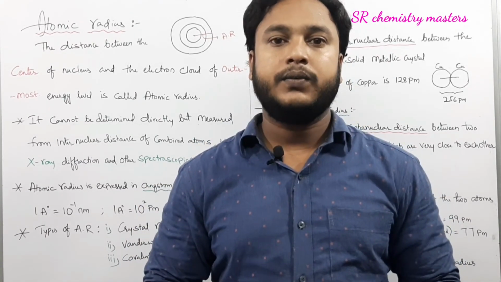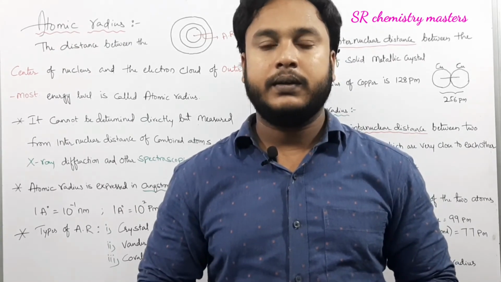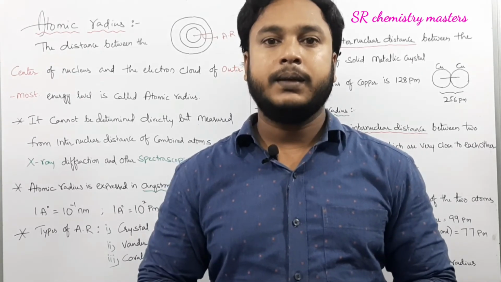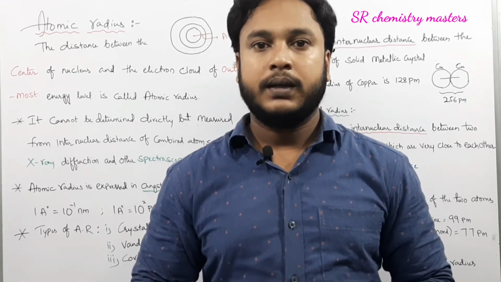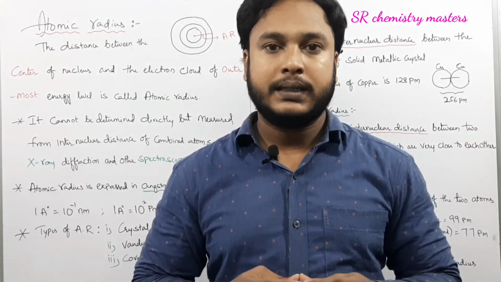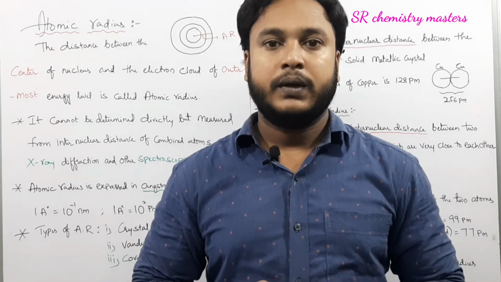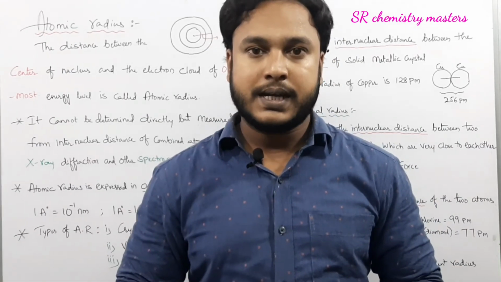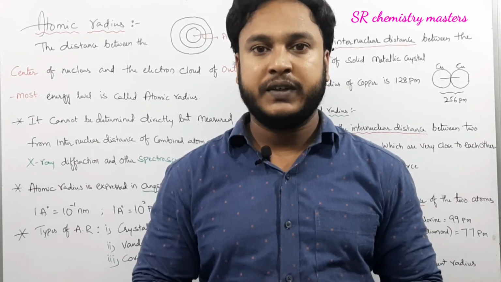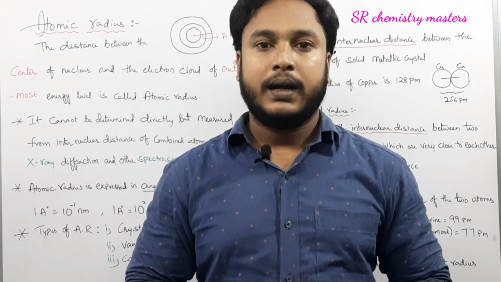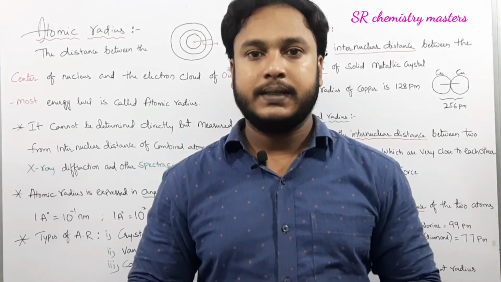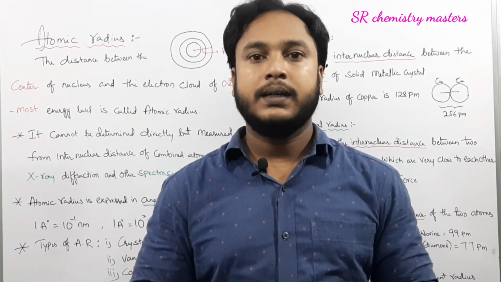If we see the variation of atomic radius in terms of groups and period, remember, in a group atomic radius always increases, whereas in a period atomic radius decreases. The reason for this is that in a group a new additional shell is added to the atom, whereas in a period the electrons enter into the same shell, because of which the force of attraction between the nucleus and the electrons increases, and that results in the decrease of atomic radius. In a group atomic radius increases, whereas in a period atomic radius decreases.